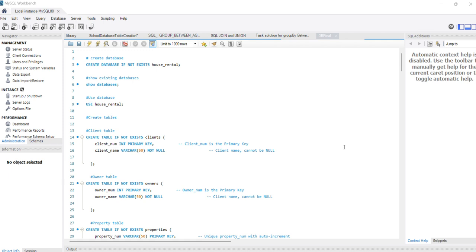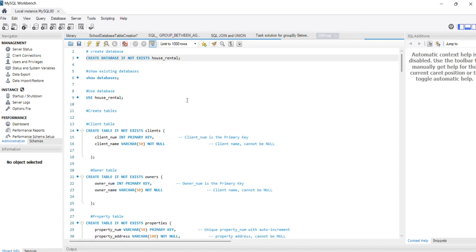So in this task, we needed to use the table from the first exam, right, to apply the feedback and create a database in SQL with the normalized tables. So we're gonna start. We have create database if not exists. The name of the database is house rental, and we're gonna show databases, and also we're gonna use this database house rental, and then we're gonna proceed to